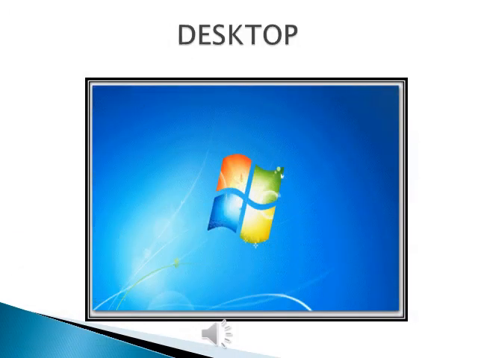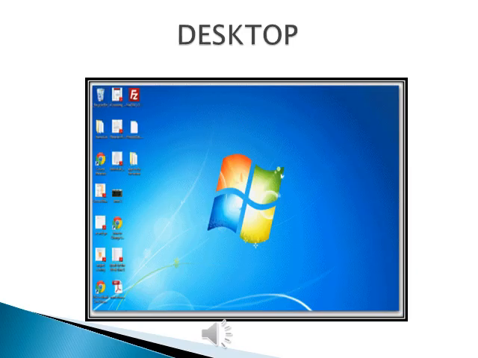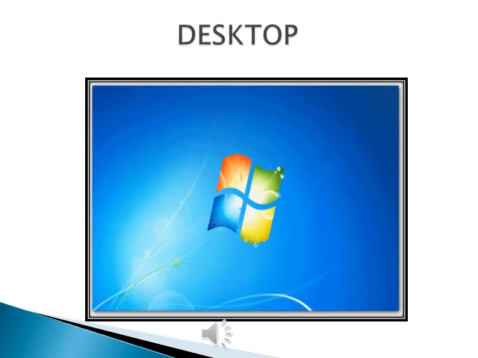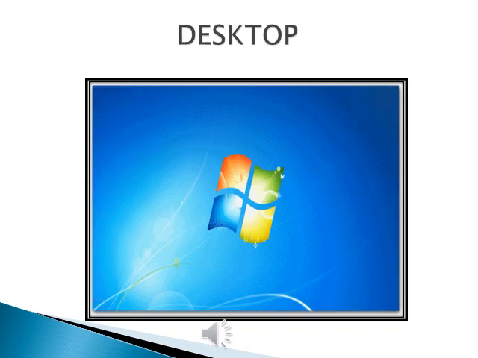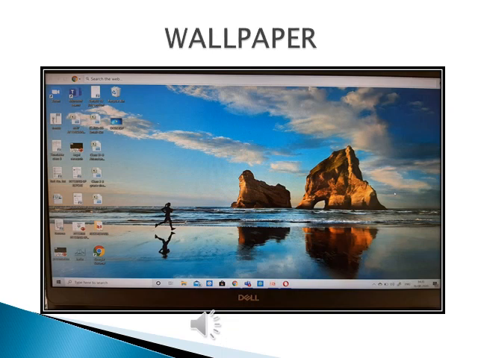So here you can see this is a picture of a desktop. Desktop means it is the first screen that is displayed after switching on the computer. So whenever you switch on your computer or your laptop, this kind of screen you will see after switching on your system. So this is desktop. In this picture we can see a girl is running.